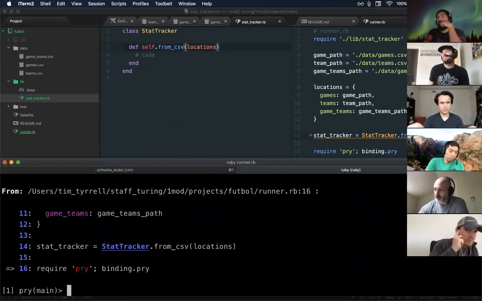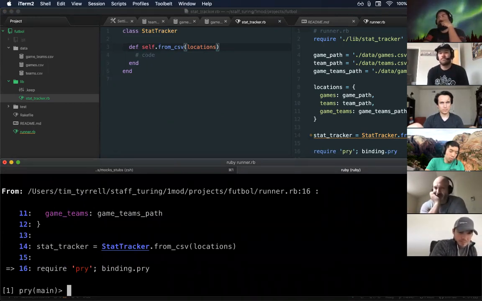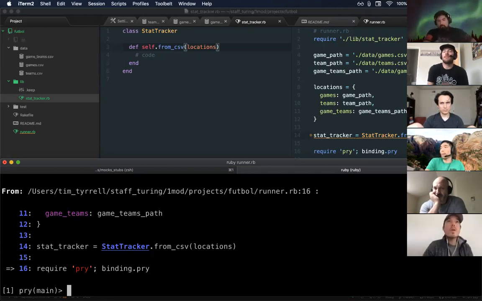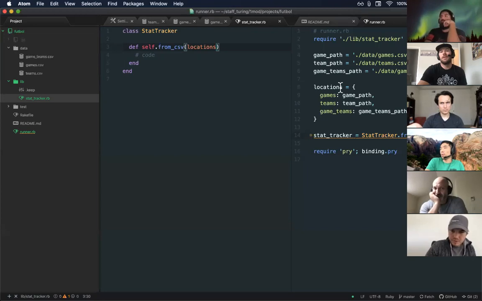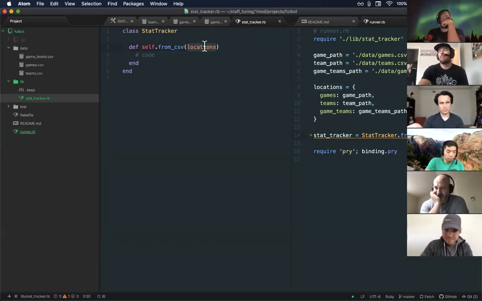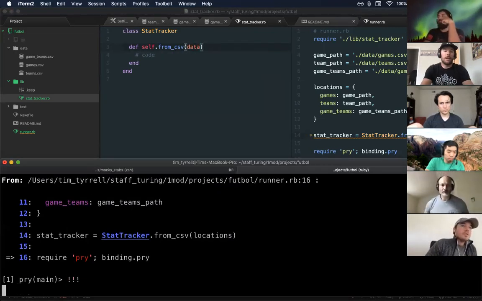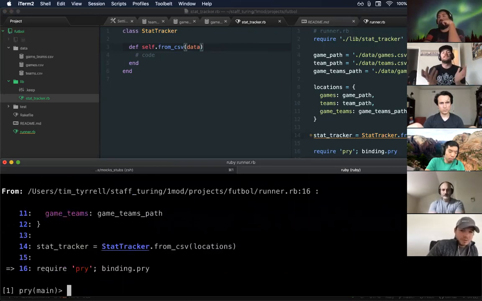Tim: Cool. Would it be locations, or because we're actually reading it from that data file, would we want to make that the location, or is that irrelevant? I'm going to say you can call this argument what you want. I don't think it's the most important thing. It's called locations here and passed as an argument here, so I can define my parameter here as whatever I want. I could call it data, right? It's not a big deal either way.